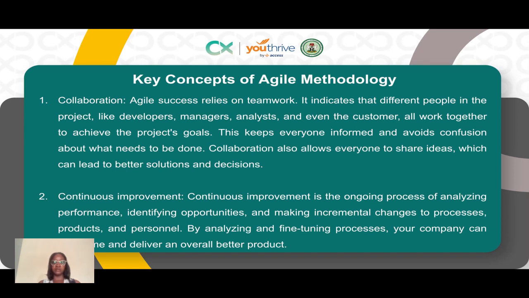Another is continuous improvement. Continuous improvement refers to the ongoing process of analyzing performance, identifying opportunities, and making incremental changes to processes, products, and personnel. And so, as a product owner, you are continuously looking out for ways that your products can improve, ways that you can improve your product processes so that you can deliver outputs in a much shorter time. So you're constantly looking for how to reduce time to delivery. You're also looking for how to help manage your team so you are more effective and deliver your product goals